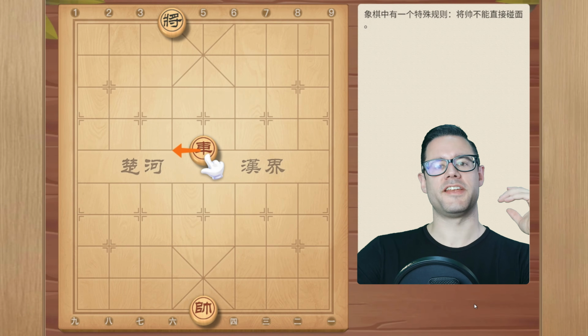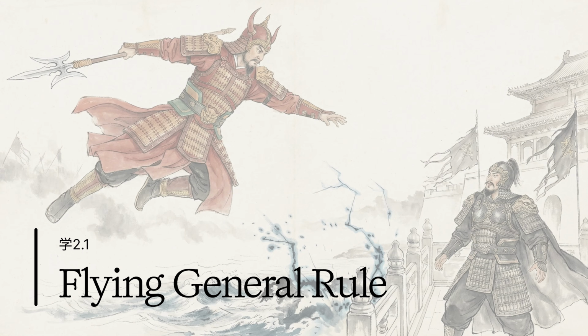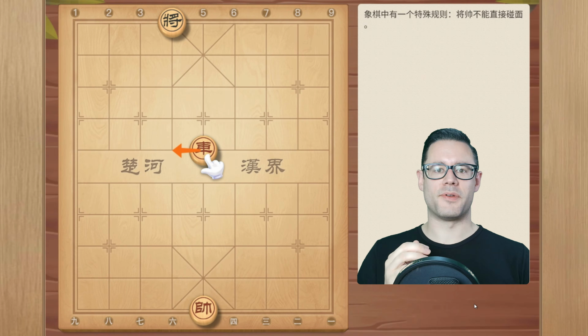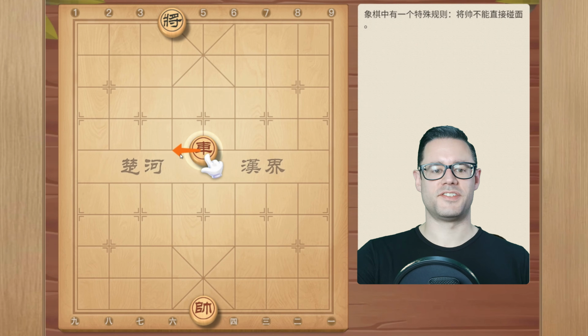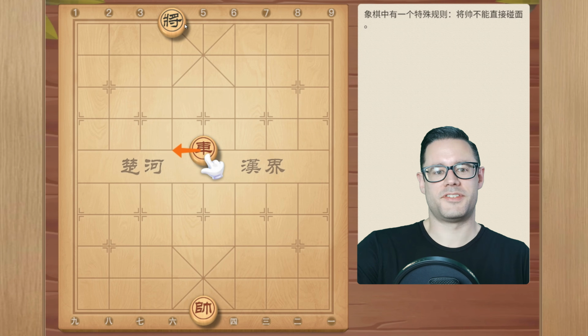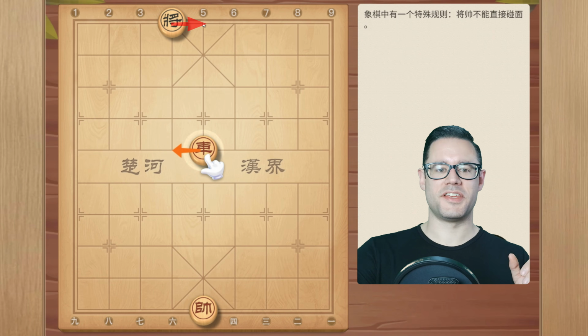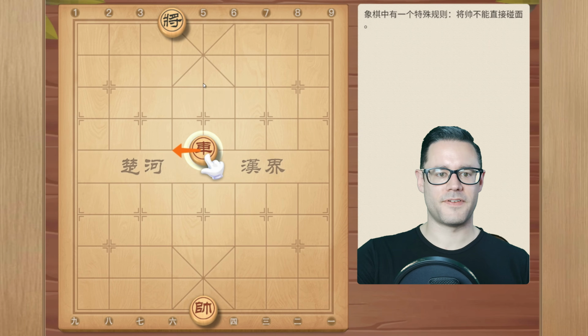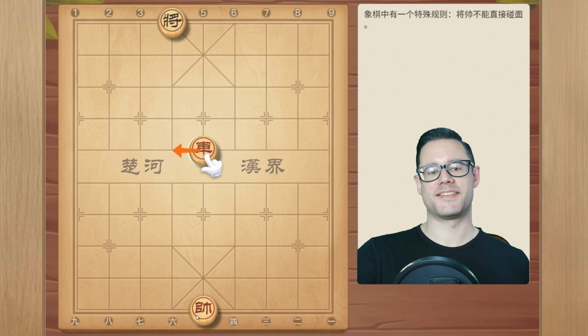Now let's look at a particularly interesting rule in Chinese chess. This rule is known as the flying general rule, and it forbids the generals from seeing each other down an unobstructed line of sight or an unobstructed file. So if we move our chariot to the left, you would normally think, oh, well, the general can just sidestep that and move to file 5. But in Xiangqi, that is not allowed because our general is currently on file 5. And after we move our chariot, there will be nothing between the two generals. So in this case, our general actually acts like a rook.